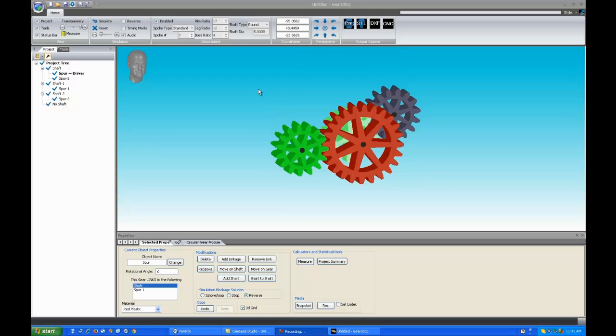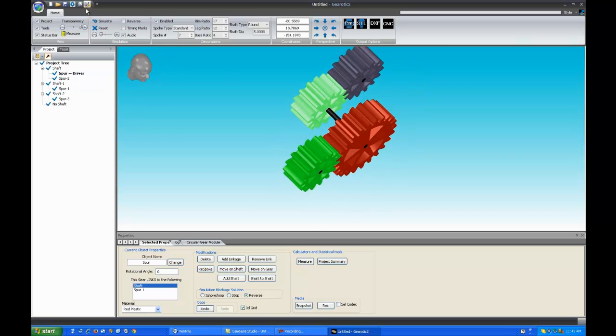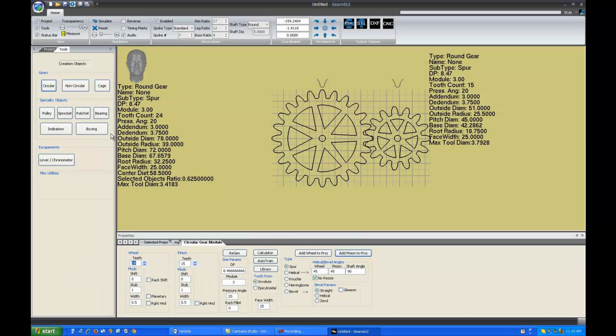Hello everyone, it's time for another quick tutorial for Gearotic, this one on boxing, or plating as it was called in Gearotic motion. You can see I have a simple mechanism on the screen, just 4 gears that can spin, and I want to create a case for them, so we're going to go to the Tools menu,